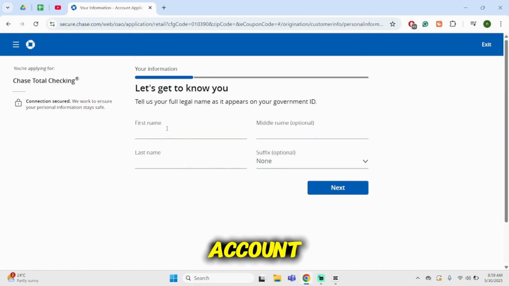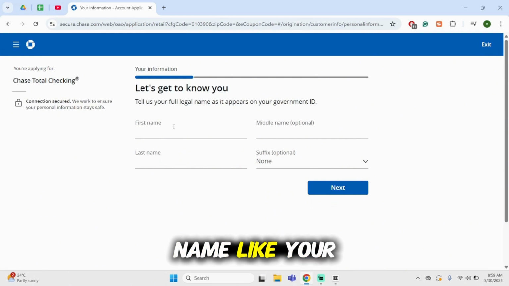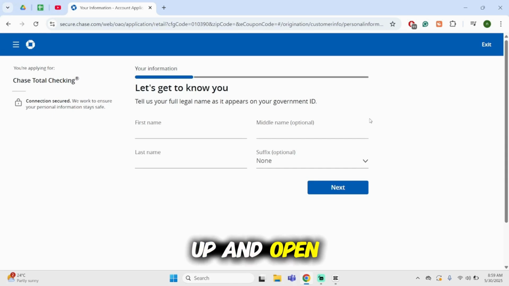Now, in order to open an account, they will be needing your full name, like your first name, last name, your middle name if you have any, and your suffix. Once you do all that, click on Next, and this line should be up to here. Once then, you will be able to sign up and open an account for your